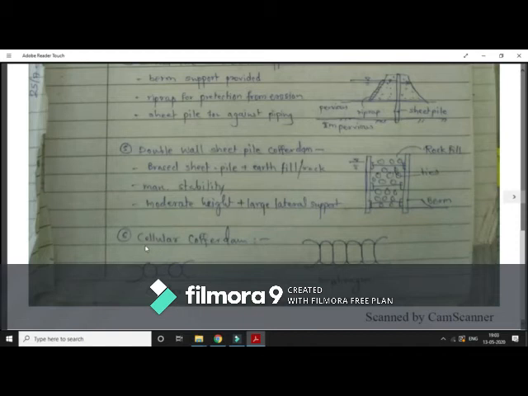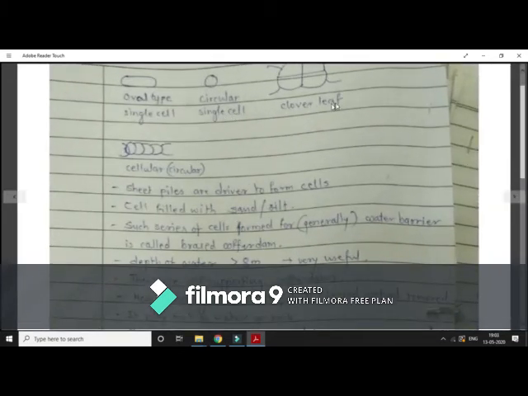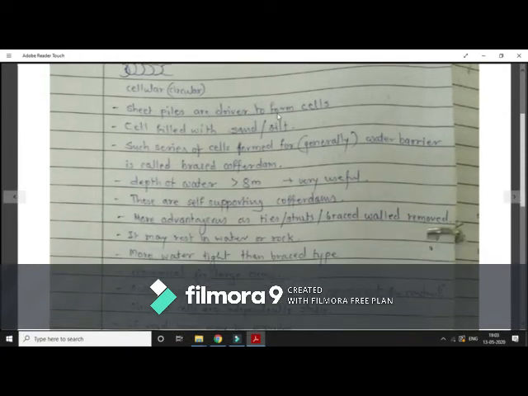This is another one, the cellular cofferdam. This is the modern technique you can provide. Here you can see circular or diaphragm type sheet piles are provided, and the in-between portion is filled with sand or rock, and a series of these cells you can connect with each other so that you can get the length or width you want. Sometimes it may be an oval shape, circular, single cell or clover-leaf type or cellular types also. You can see here, sheet piles are driven to form the cells. Cells are filled with sand or silt, sometimes rocks also. A series of cells formed